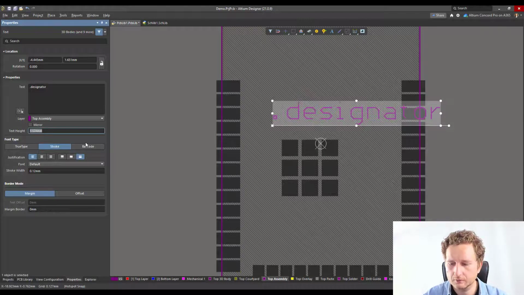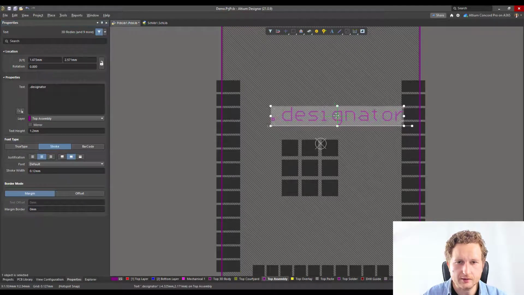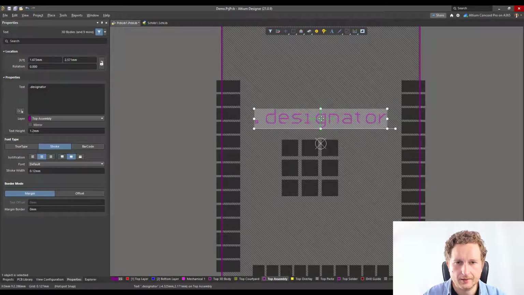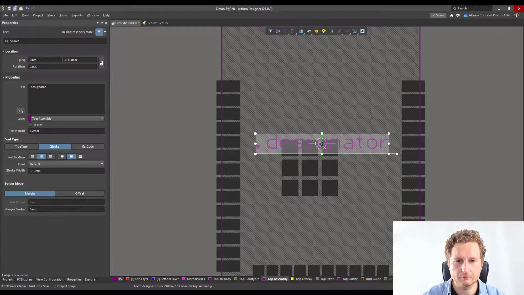Something like that. I also use the justification right here, so I'm sure that it's completely in the middle, because the placeholder here depends on what is written in the designator. So if you have a board with multiple chips, the designator gets a little bit bigger, and so I don't have to care about the orientation if I use this justification right here. So it's always in the middle. Maybe do it like that, and